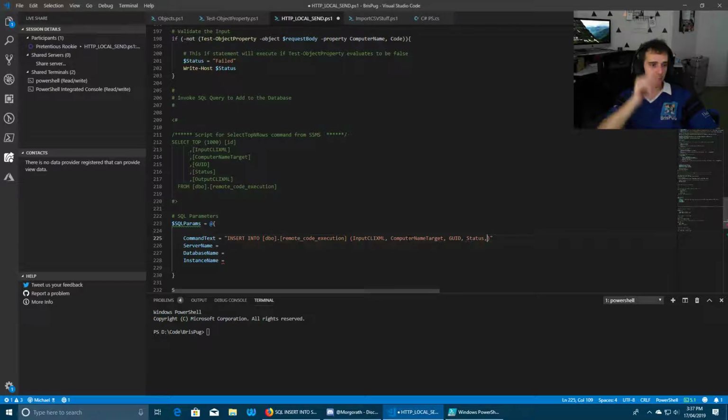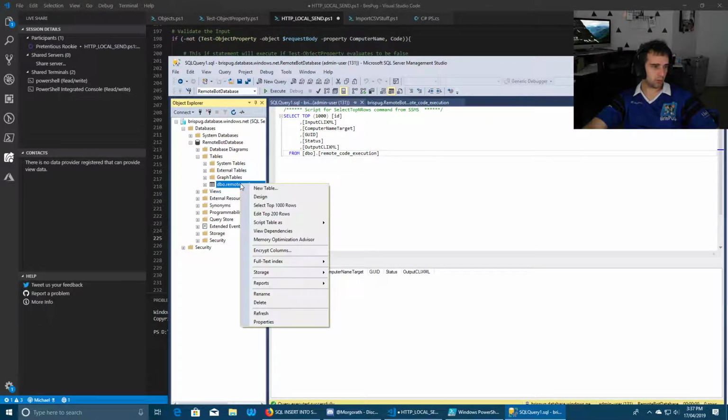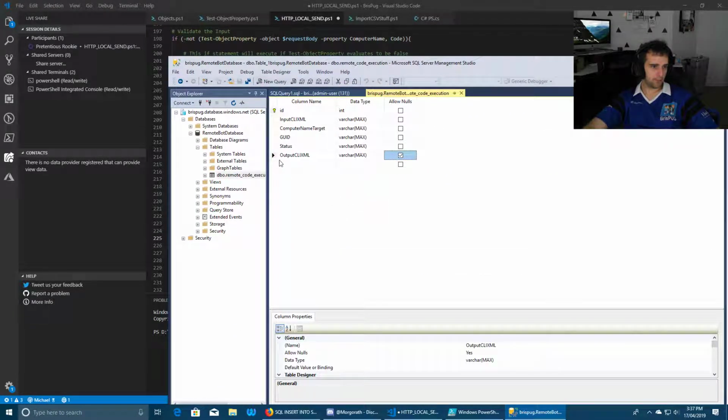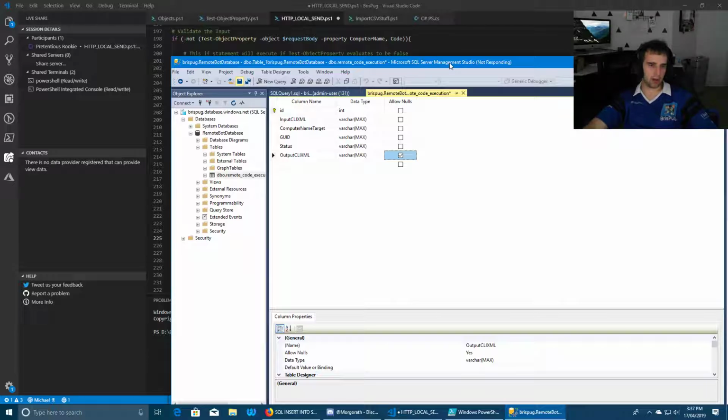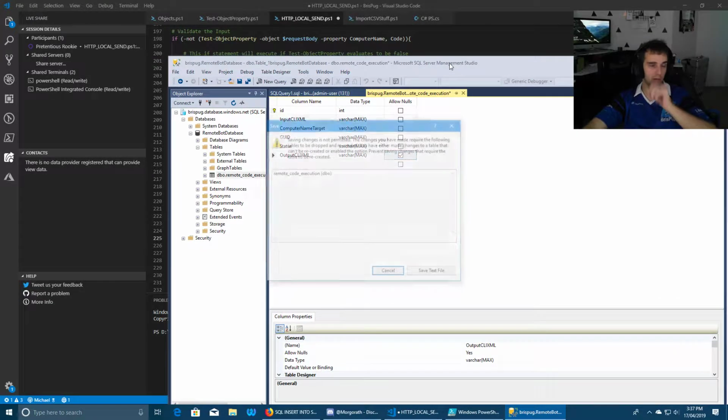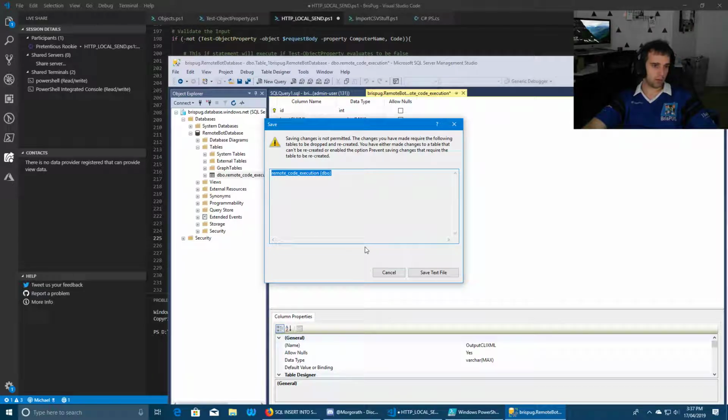Oh, I just made a big boo-boo. Let me have a quick look at this. That needs to be null because it might not have a value, and it won't have a value to begin with. So we need to allow null for the output. Yeah, because if you think about it, you don't know any output even when you put an input in. You're only going to know the output when it's basically being processed.